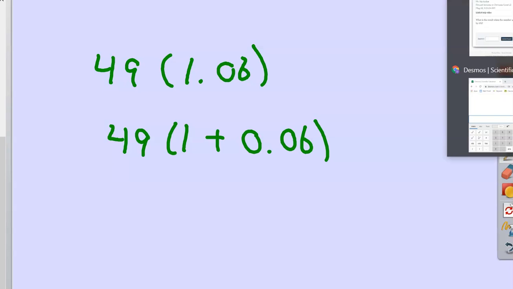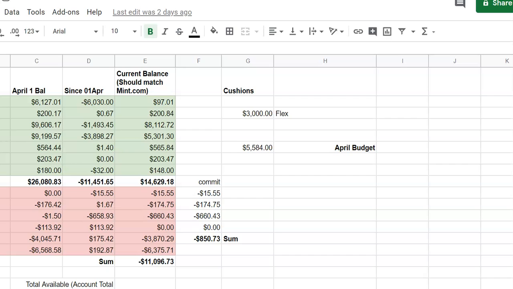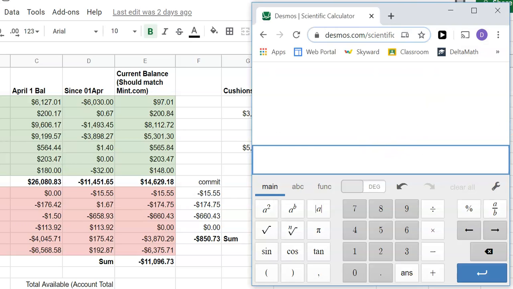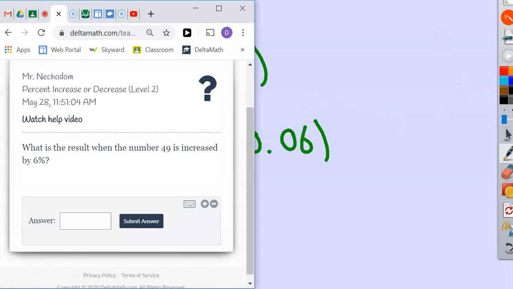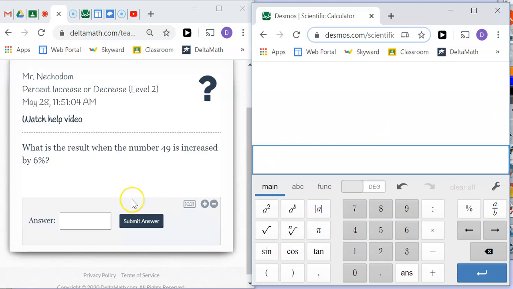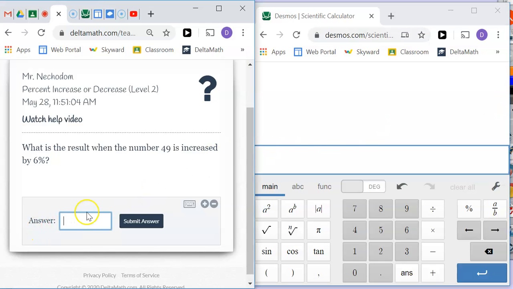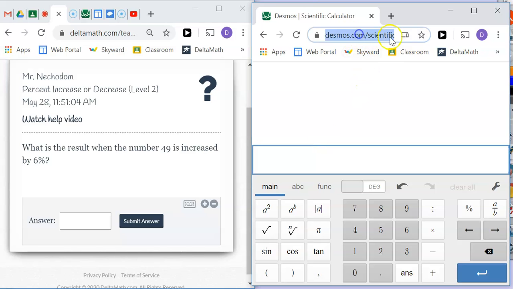So what I want you to see is this. Let's go back to this screen I had going here. All right. So what I'm going to end up doing is taking 49 times 1.06, and I can use this Desmos calculator for that. If you look up here, we've used Desmos before at times, but this is desmos.com/scientific, and I can just type in 49 times 1.06, okay, and it gives me my answer right here,